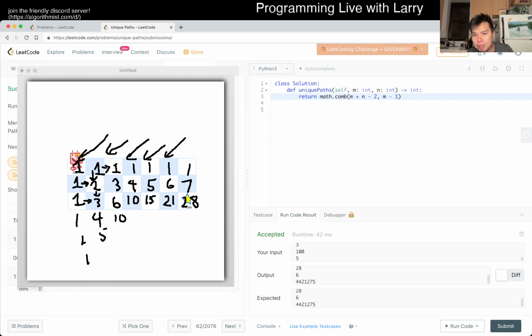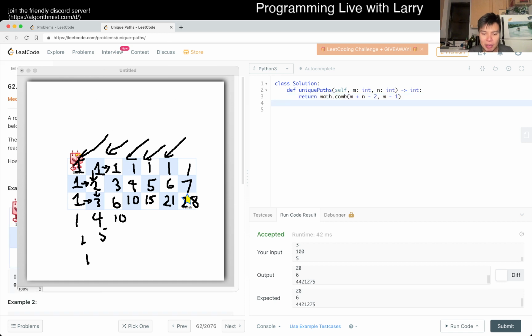Okay. Hope this makes sense, but let's go back to the diagram for just a second. If we look at this diagram, notice how I drew the arrows going, okay, this number, let me change the color real quick. The 6 is a 6 because there's 3 ways to come from the left and 3 ways to come from the right. So if you think that through,